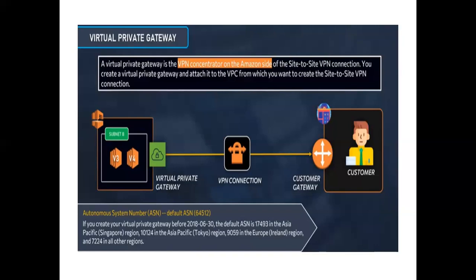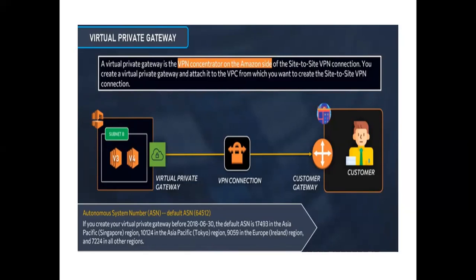So what the autonomous system number does is it acts between the ISPs to exchange the IP prefix information. It acts as a hub. You need to define this autonomous system number at your virtual private gateway, so that there are no challenges at the time of routing communication, when the routing information is exchanged with the internet service providers. There are two different formats: one is a 16-bit number, and the second one is a 32-bit number.